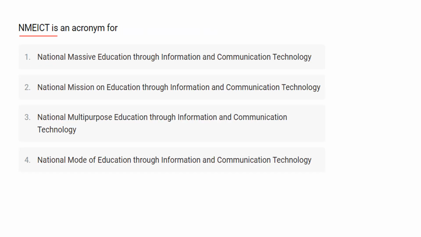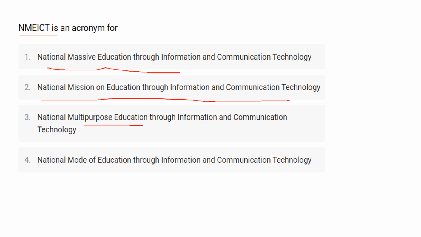NMEICT is an acronym for. So here in this question they ask you the full form of NMEICT. The first option is National Mission Education through the Information and Communication Technology. Second one is National Mission on Education through the Information and Communication Technology. Third one is National Multipurpose Education through the Information and Communication Technology. And the last one is National Mode of Education through the Information and Communication Technology. So the full form will be National Mission on Education through the Information and Communication Technology, which is proposed as a centrally sponsored scheme to support the development of ICT